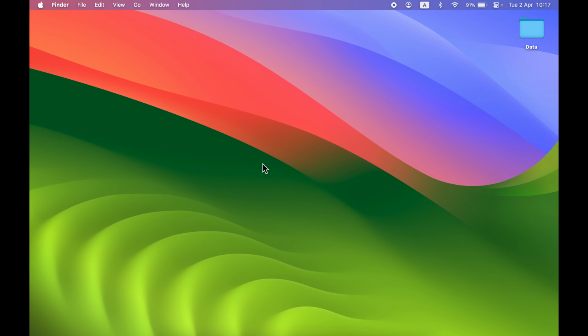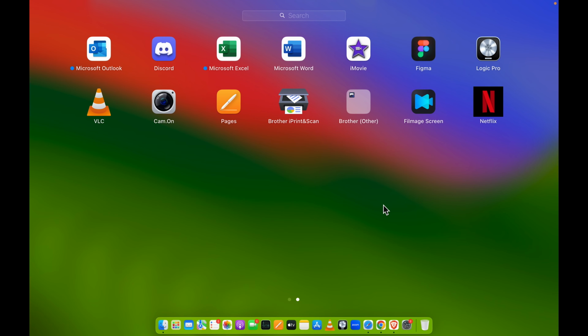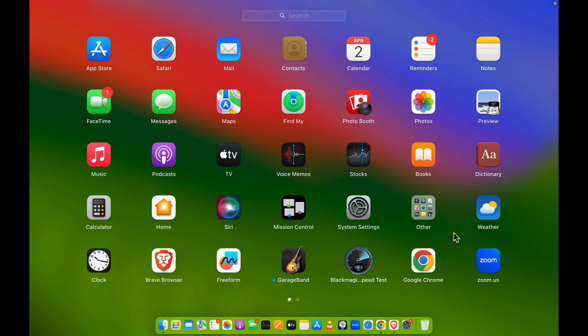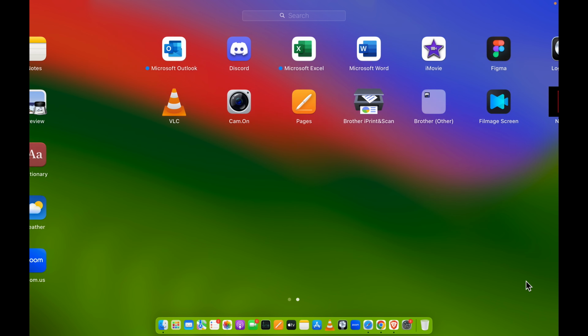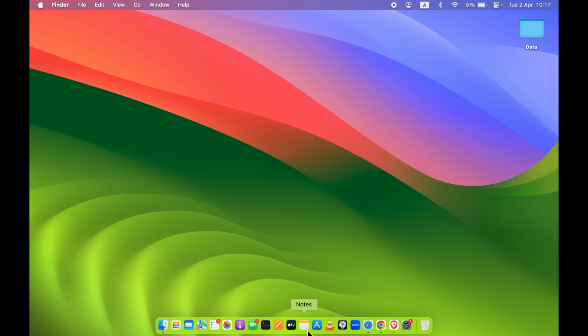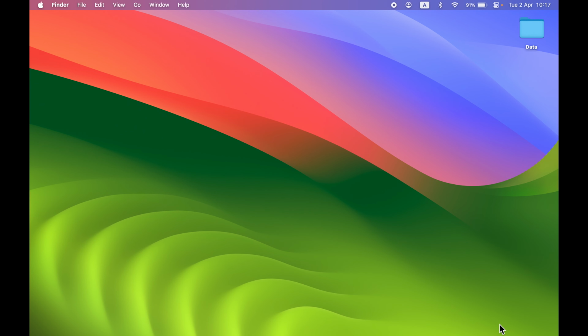Now currently, if I show you in Launchpad, I don't have the WhatsApp application over here. So I'm not going to download through App Store. If you want to, you can just simply go to App Store and look for WhatsApp Messenger. But in case you are facing any issue, or you don't have App Store, or any other reason,